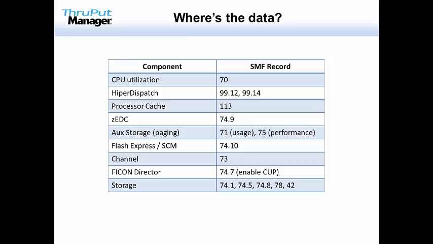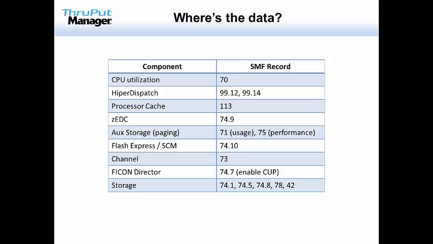Type 113, the CPU measurement facility. If you're not collecting this, I believe Kathy Walsh will have you on her hit list. It's really, really critical. I can't say enough about it. If you call IBM for help, they will ask for this. If you don't have it, they may very well say we can't help you. Simply with the hardware today, the Type 70 is not enough to tell you what's really going on within the infrastructure. You've got to have these records turned on.